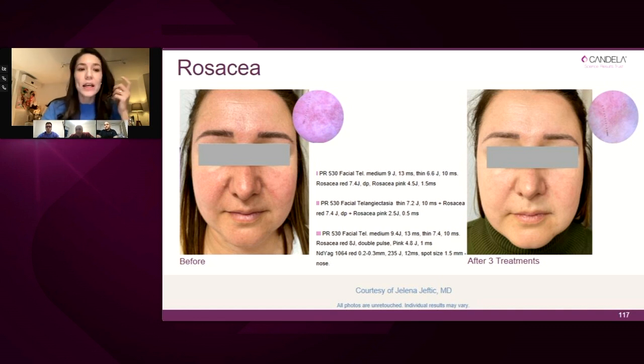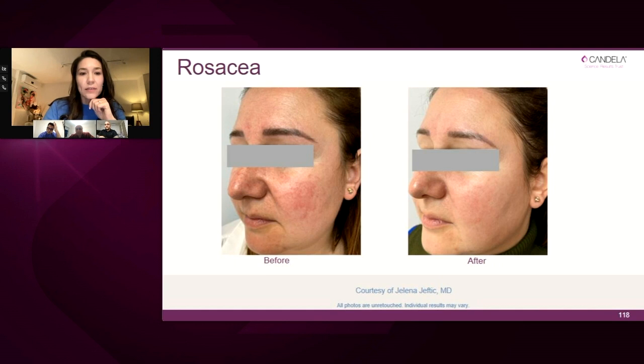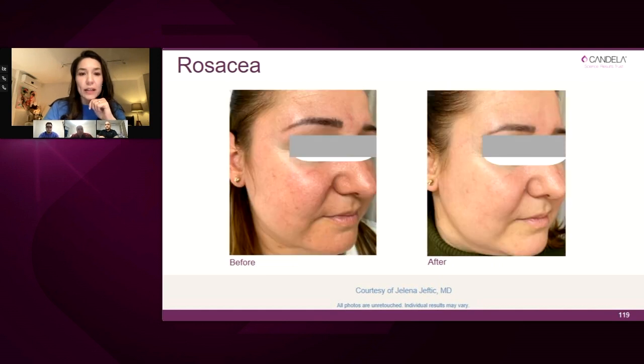So as we see in the third session, we combined many IPL treatments and also Nd:YAG. For example, in the cheeks, she had telangiectasis and erythema, so for the first treatment, I always target vessels. And then, after erythema, on the nose, she had some resistant vessels, so we used Nd:YAG. And on the forehead, we used IPL. This is a patient without any topical and oral treatments. As we see, very nice reduction in erythema and telangiectasis.